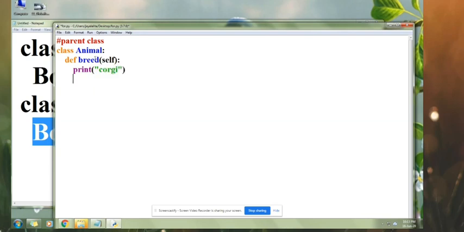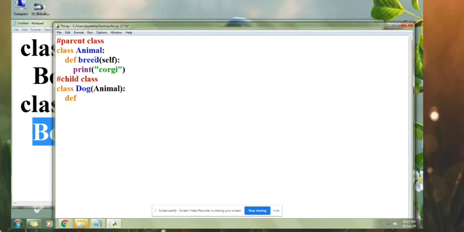Now I will declare a child class called dog, and I am using the parent class, so I need to specify the class name inside the round parentheses of my child class.